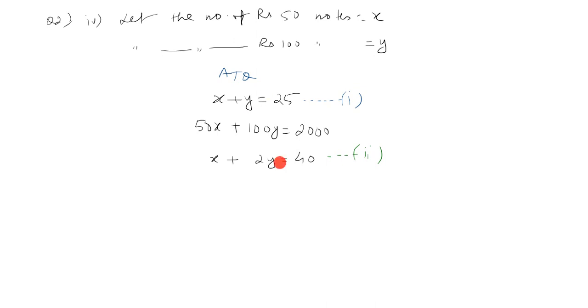X will cancel, Y will come. So finally you write the answer, because I am still saying that I am directly writing the answer for you, but you have to calculate and find the answer. Therefore rupees 50 notes equal to whatever you get, and rupees 100 notes whatever you get, you write it. The answer will come. Right?